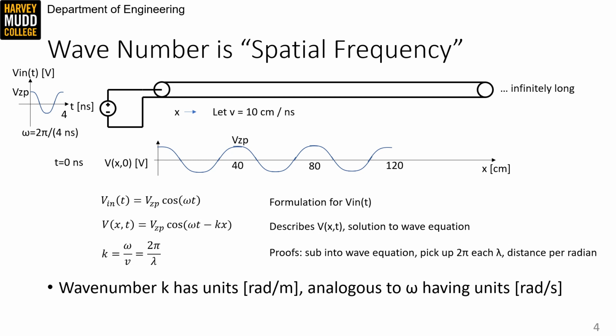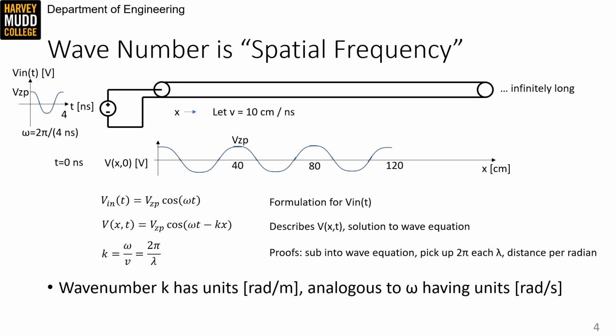Second, we can argue that each wavelength of the wave on the line has to result in an additional 2 pi of phase being accrued in the argument of the cosine function. That puts us back at the same point on the wave each period. The easiest way to write that is to say k equals 2 pi over lambda meters, so that if x were equal to lambda, kx would be 2 pi radians. The third way to think about k